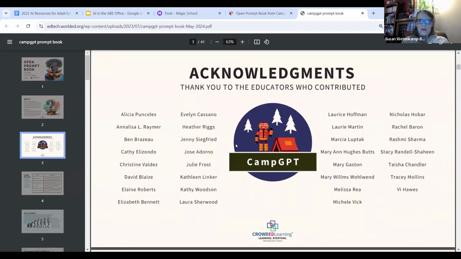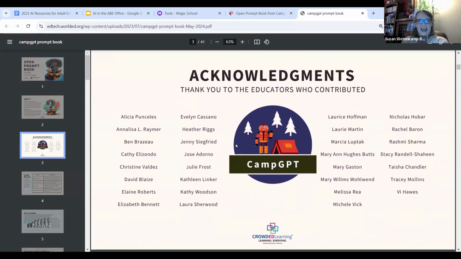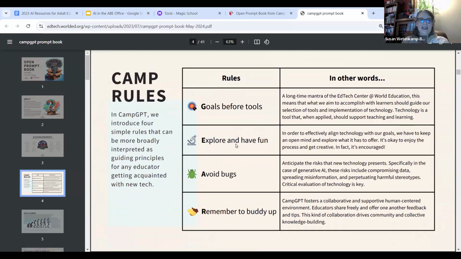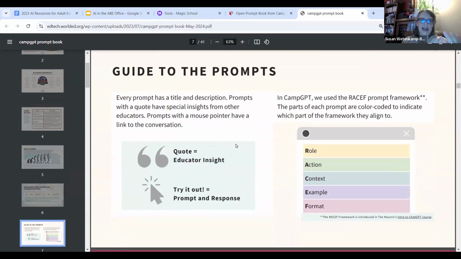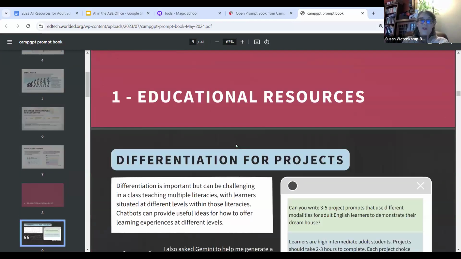It's created by participants from adult ed programs around the country at a project they called Camp GPT. And they created potential examples of things you might do, and highlighted some of the pitfalls and showed some of the examples, and this is what worked and this is what didn't work. And so it's a really great read.